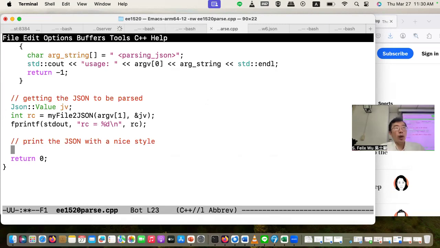So what did I do? I did a std cout. So usually in C++, we use the function printf. So now I'm going to start to use another way, which is the C++ IO stream.